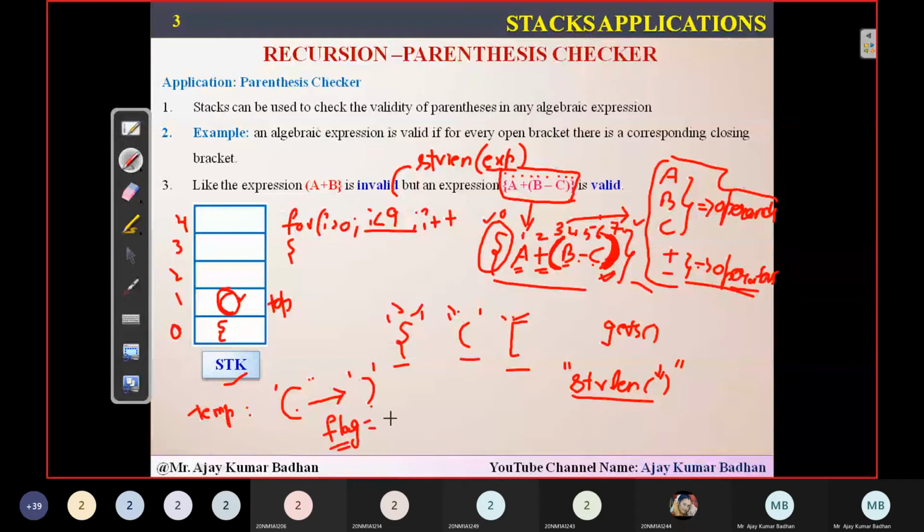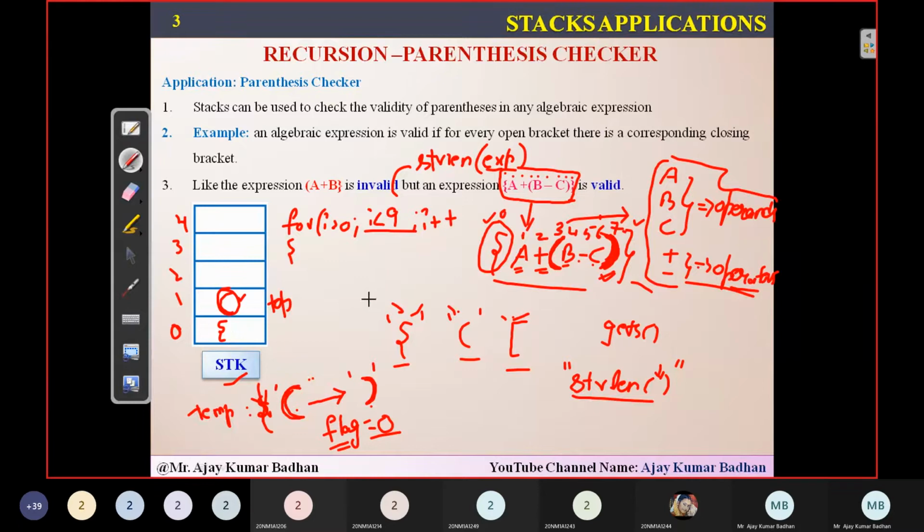This is a boolean flag. Remember, flag is a boolean. And what do you mean by boolean? It may consist of either 0 or 1. 1 in the sense of true, 0 in the sense of false. So whenever you get a curly bracket open and compare it to a closed one of a different kind, then definitely the flag will become 0. It means this is false, because when you get a closed bracket of this type, you should get the open bracket of this type, not this one. So immediately it will be flag equal to 0.